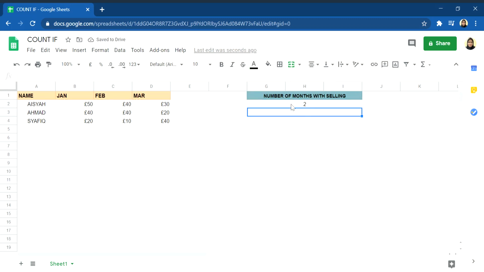You will get 2. And here let's check it out. The values that are greater than 30 number 2, they are 40 and 50. So this count is very helpful for us. If you want to make it even easier, just drag it down